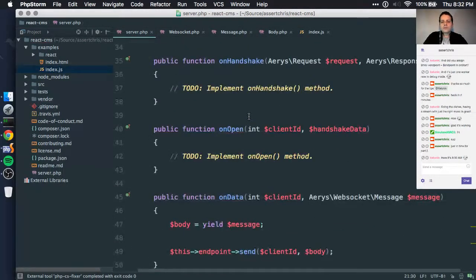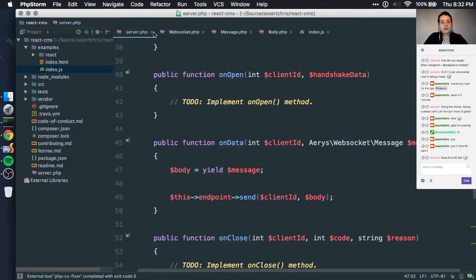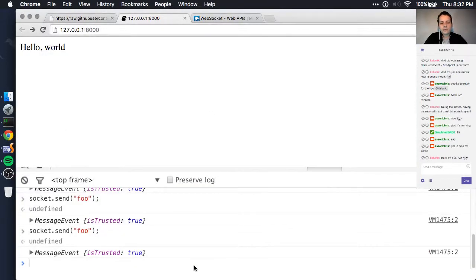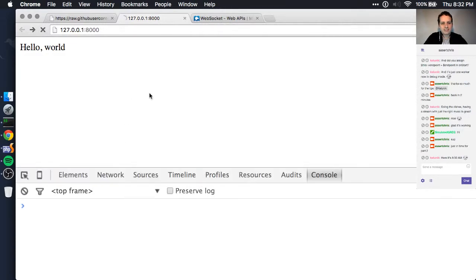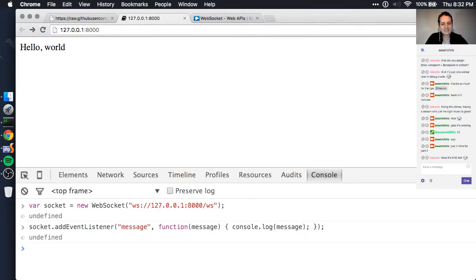Okay, so how are we going to do this? Well, for a start, we could establish a kind of pattern. When we send messages to the server, we could do, wow, what have I just done? I just totally messed this up. Hold on, let me make a connection back to the server. Add event listener. Okay, so when we send messages to the server, we can do something like,